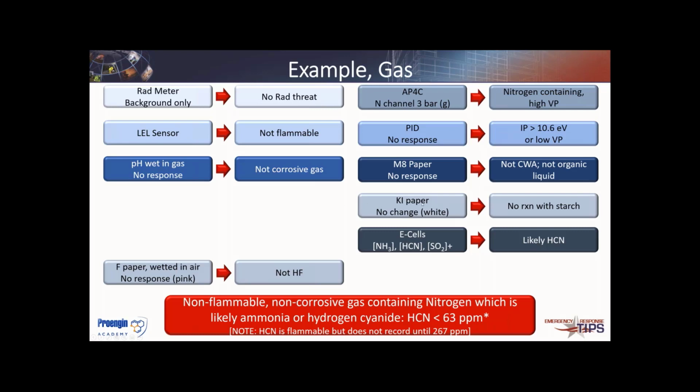So hopefully this showed you that just using some of these quick, easy things, reality is I keep charts of what all the different responses could be, and then looking across those and saying, with these things coming in, I use it as a rule out type of approach. So I can quickly rule out flammable gases at higher concentrations. I can quickly rule out corrosive gases at higher concentrations. Okay, and I start looking at all these and I can say, you know what, the material has nitrogen in